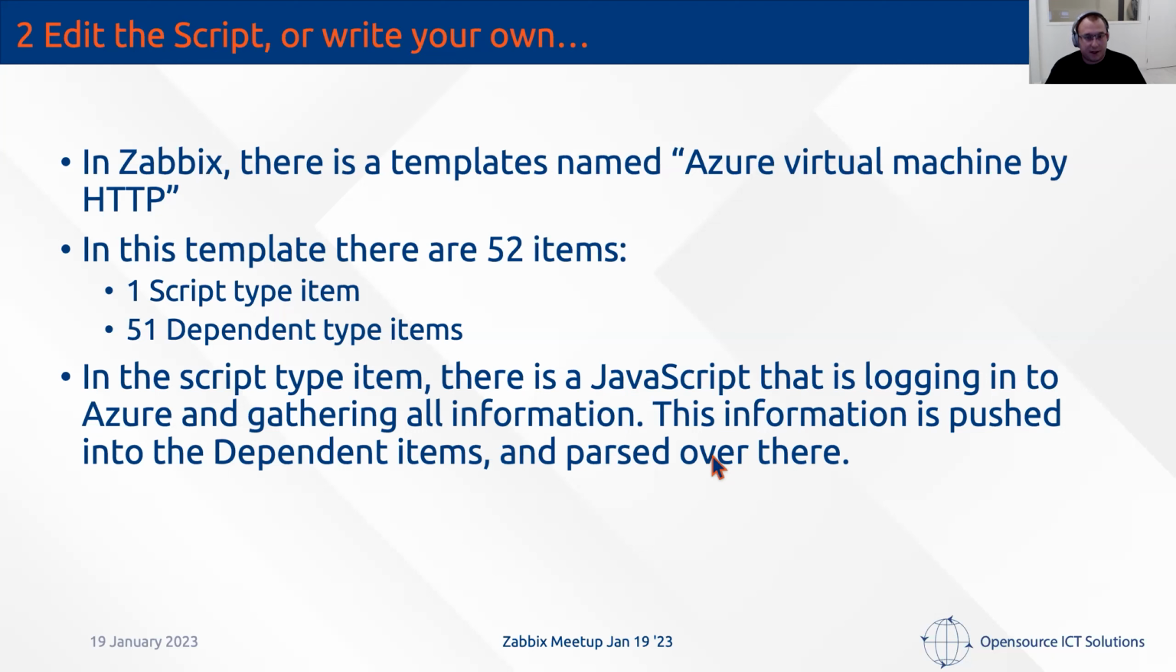And the JavaScript is logging into the endpoint to Azure, gathering all information. And in the official script, everything is taken out in bulk, pushed into the dependent items, and monitoring is going. Again, I don't care about the dependent items at this point because I need the script logic. Okay,